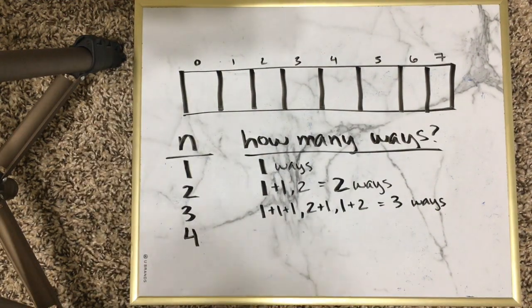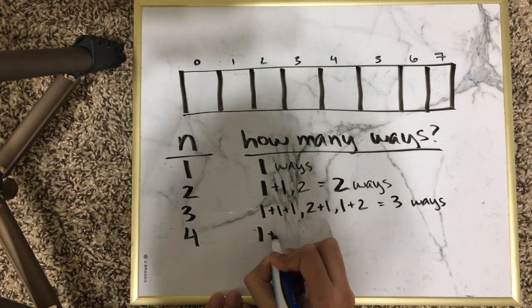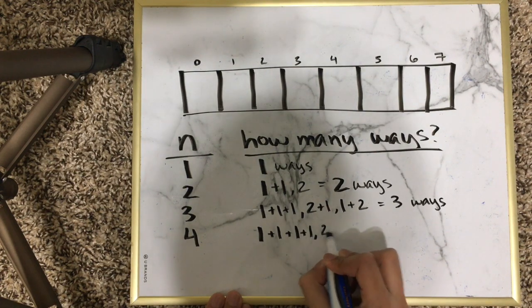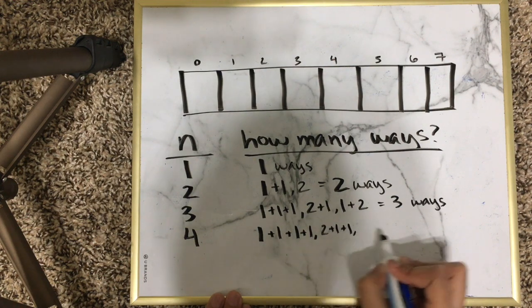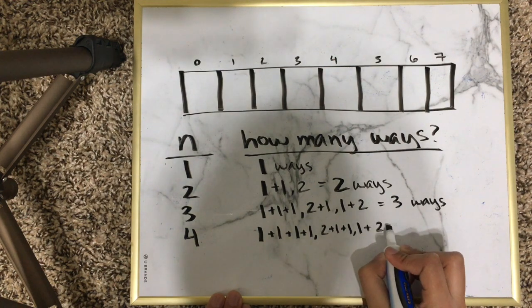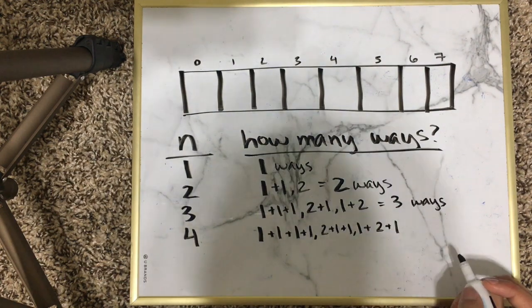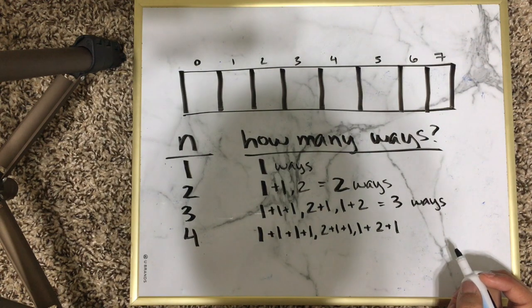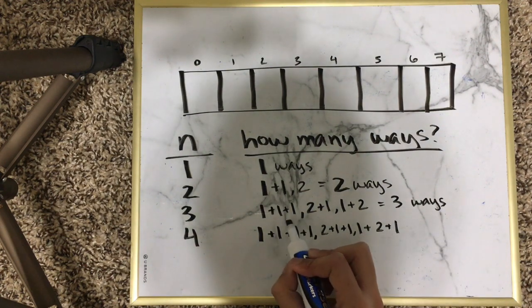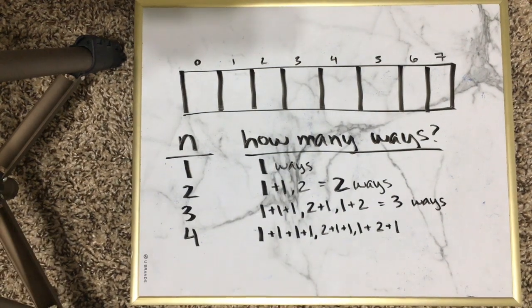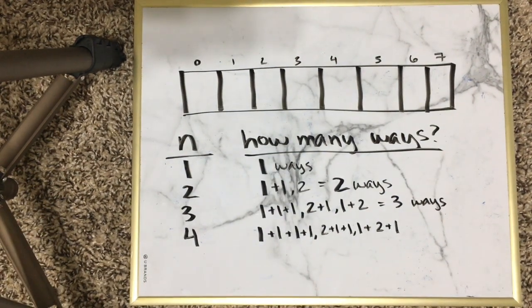So as we reach n equals 4, I want you all to think of how we're using our past solutions. So I'm just going to write out all the different ways. And these are kind of hard to think of. You just have to think, you could take 1 step and then another and then another. You could do 2 and then 1 and then 1. You can do 1 and then 2 and then 1. And I want you guys to notice,